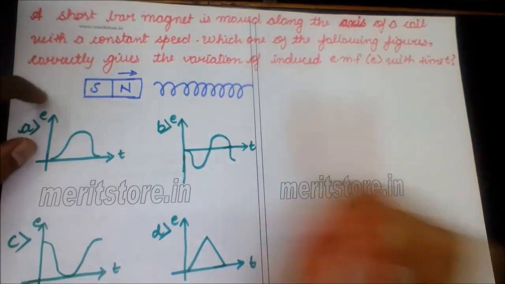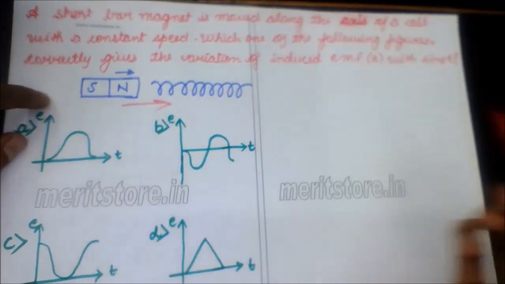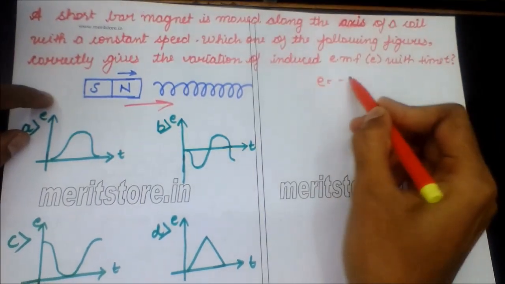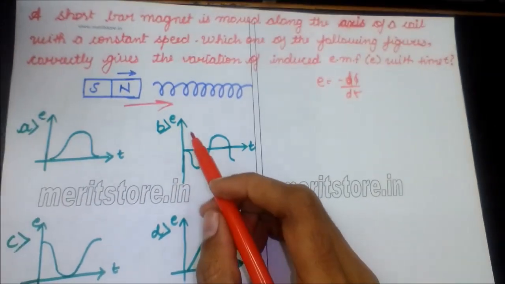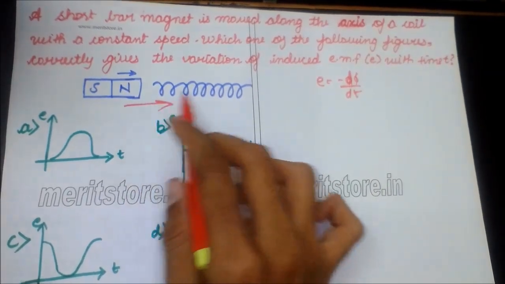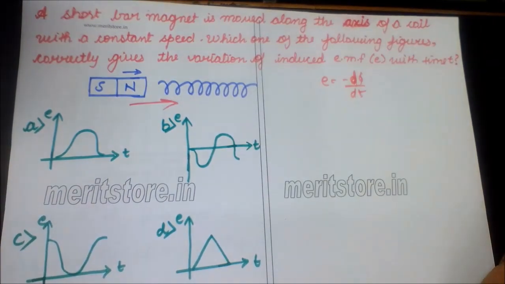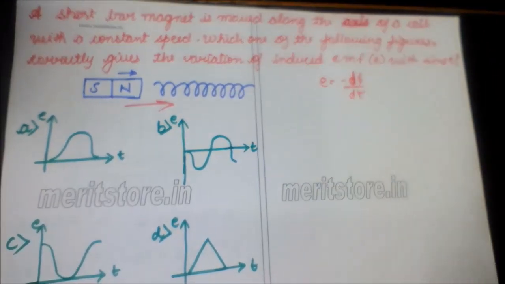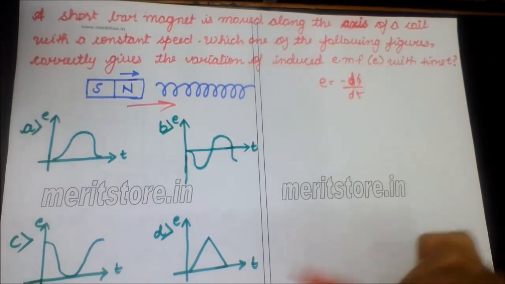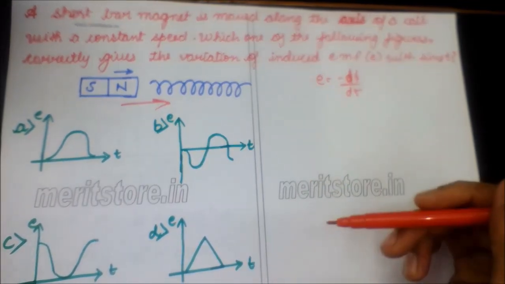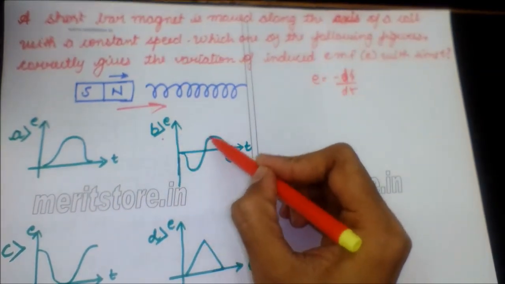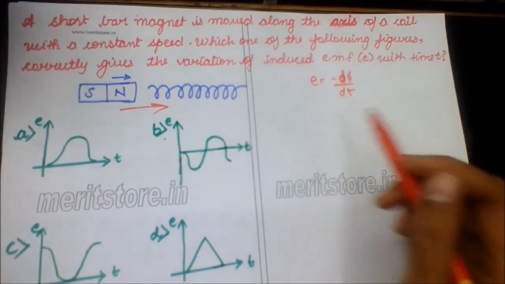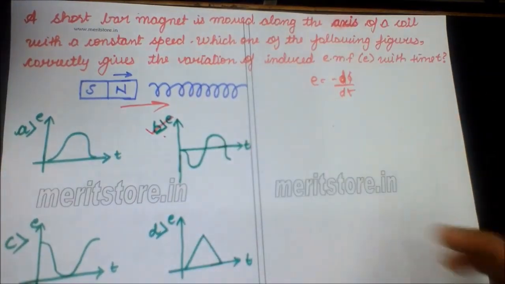We know that whenever a magnet is moved towards the coil, an EMF is induced in the coil, and that EMF will be equal to minus d phi by dt. Similarly, when the magnet goes on moving, it passes through the coil and goes onto the other side, the right hand side. The magnitude and the direction of the induced EMF will change. If it is plus, then it reverses and becomes minus. This is shown only in figure B, where there is a change in the magnitude of the induced EMF. So B is the correct graph.